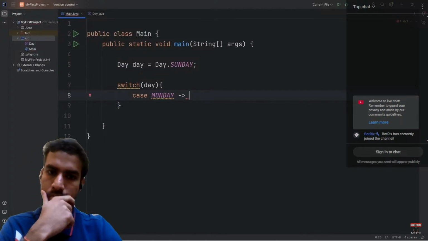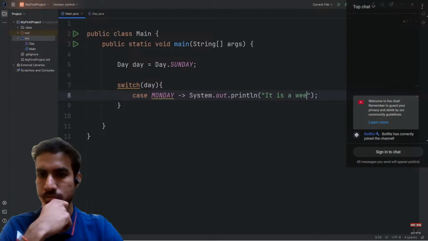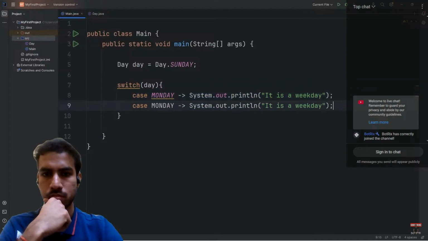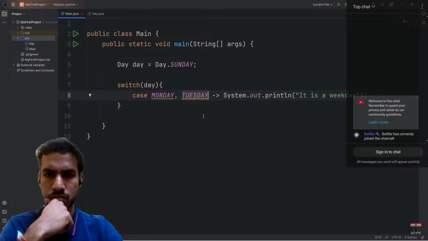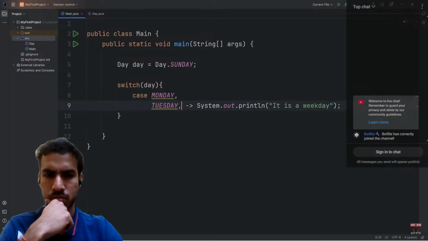We'll use an arrow because this is an enhanced switch. Then we'll output it is a weekday. Then if we have a case of Tuesday, we just copy this. Tuesday will also output it is a weekday. You can actually combine these cases together too. You just have to comma separate them. So case Monday, comma Tuesday, do this. Then let's do this with the other days of the week. Just for readability, I'll put these on new lines, each of these cases. So we have Wednesday,